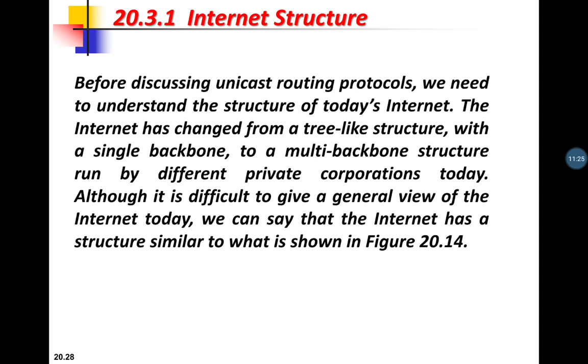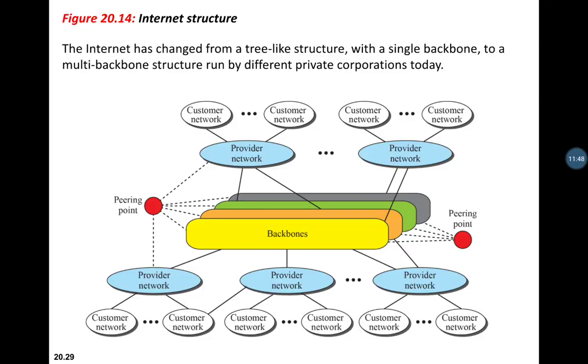Here we can see that the internet has changed from a tree-like structure with a single backbone to a multi-backbone structure which is run by different private corporations today. Although it is difficult to give a general view of the internet, we can say that the internet has a structure similar to this. So this is the internet structure, which is a multi-backbone structure run by different private corporations,